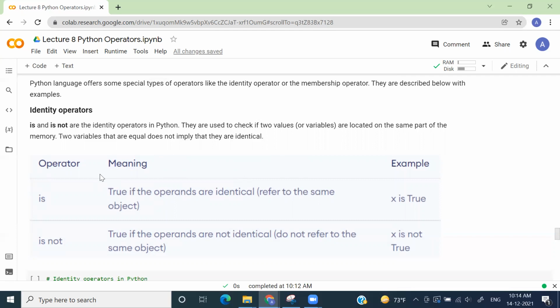Okay. So we have already seen this concept, right? Whenever we assign a variable, a memory block is allocated to store that particular value, and your variable is just pointing to the reference of that particular memory, right? So if we want to check if the two variables are located at the same part of memory, in that case we use this operator. Okay, two variables that are equal does not imply that they're identical. We'll see the meaning of this